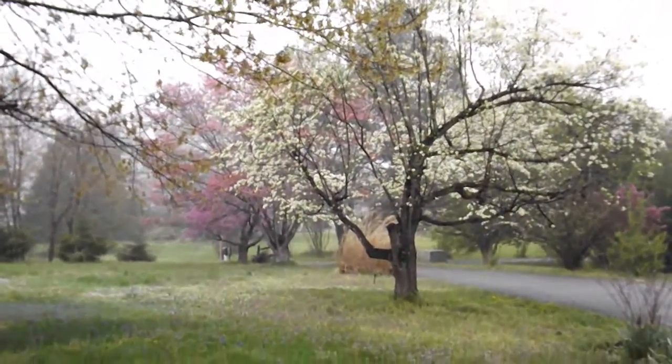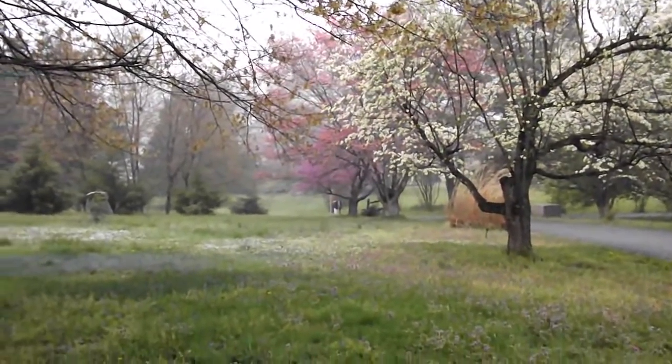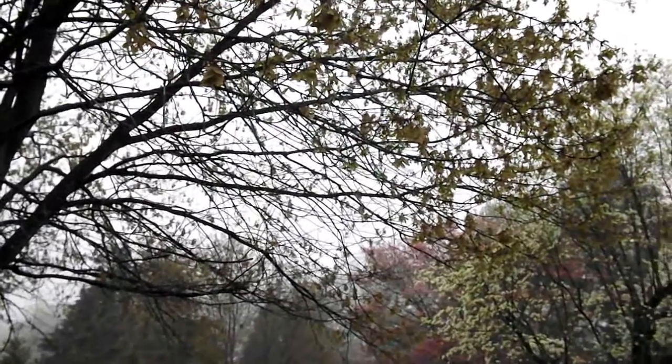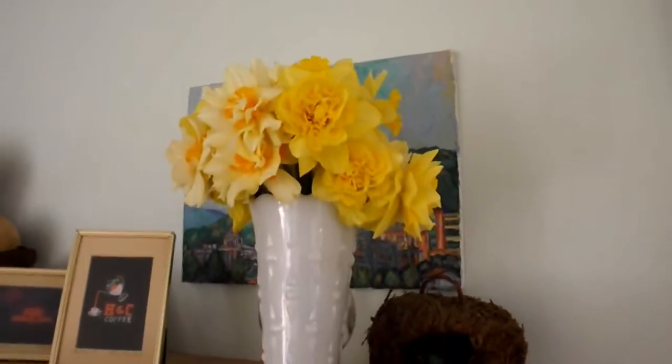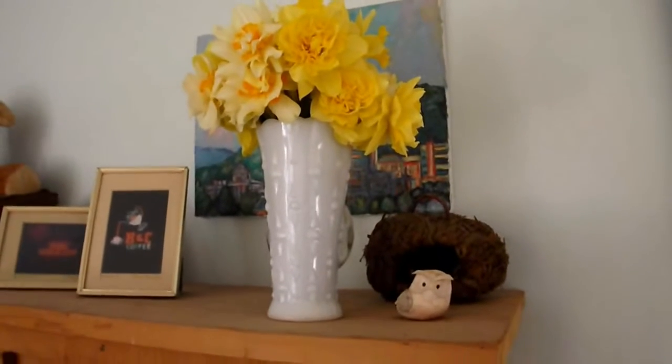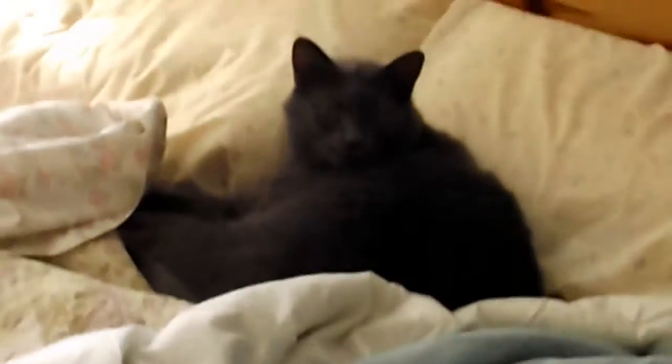Dogwoods are blooming now. Redbud. Things are coming along. Maple trees are leafing out. I don't normally get to bring flowers inside. This is my only spot because of